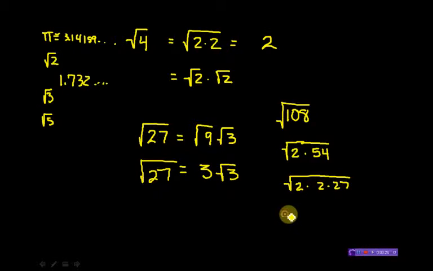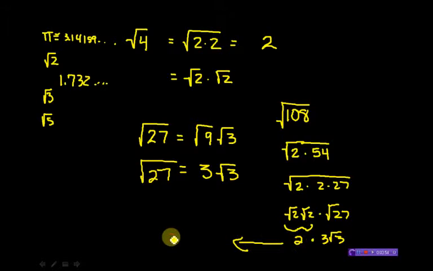Now what do I end up with? Square root of 2 times the square root of 2 times the square root of 27. Well, we already found out that the square root of 27 from up here on this previous problem is just 3 square roots of 3. And we also found that the square root of 2 times the square root of 2 is just 2. So I'm going to write this as just 2, and I'm going to times 3 square roots of 3. Well, going back over here then, 2 times 3 is just 6 square roots of 3. So connecting these, we could say that 6 square roots of 3 is equal to the square root of 108. I hope